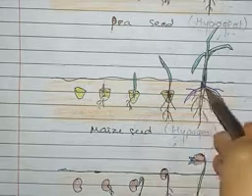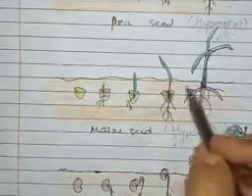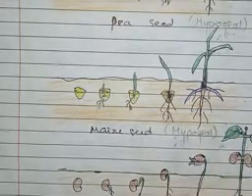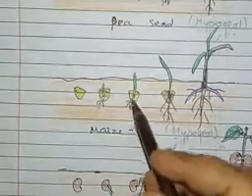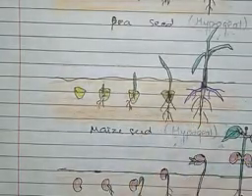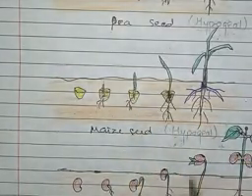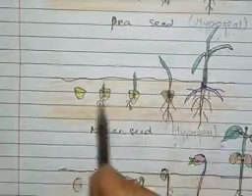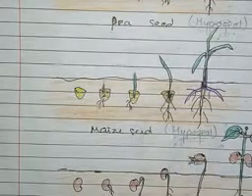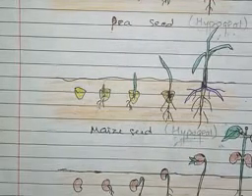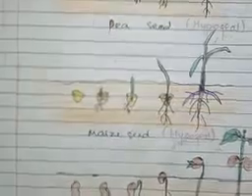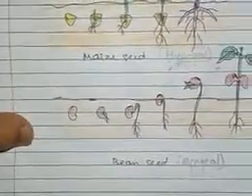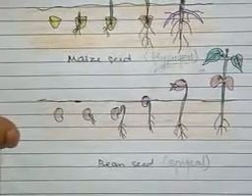Why is it called adventitious? Because the roots are produced from the base of the stem, and it is not the radicle which is forming the root over here. The radicle root has already died, right. So that is about the maize grain, in which you can see the cotyledon remains below the soil, and that is the reason we call it hypogeal germination, right. Then we go to the example of epigeal germination observed in the bean seed.